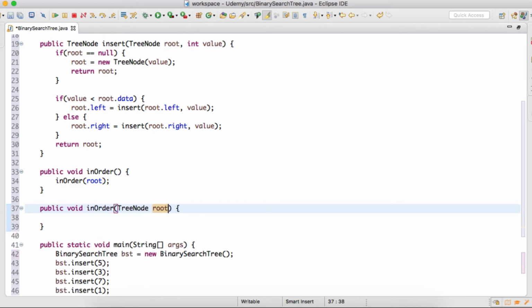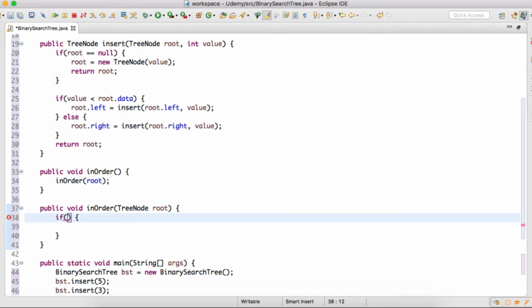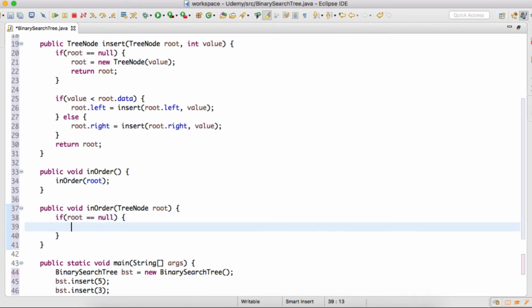So friends, we also discussed that in in-order traversal, we first check whether root is equal to null or not. So if root is equal to null, we'll simply return.